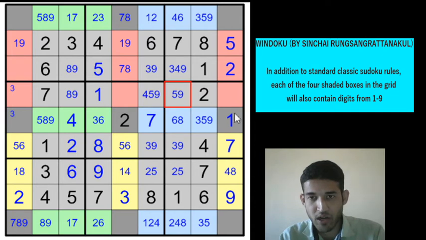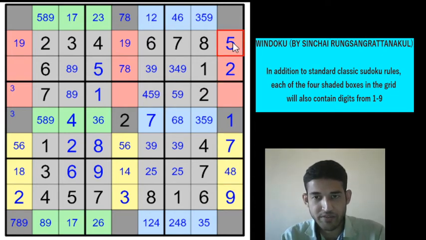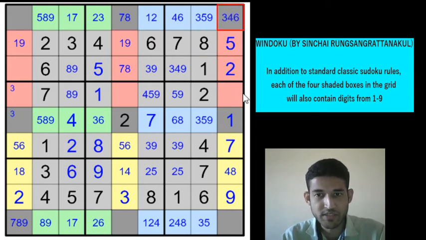Let's focus along column 9 a little bit, because we have 5 digits. 1, 7, 9, 2 and 5 are in place. Remaining digits are 3, 4, 6 and 8, but 8 cannot be in this cell, so this will be 3, 4, 6 and this will be 3, 4, 6, 8.